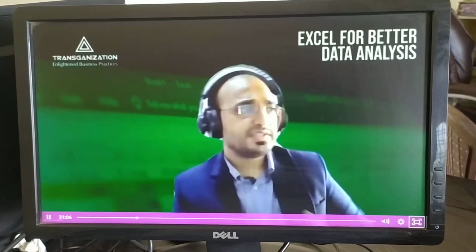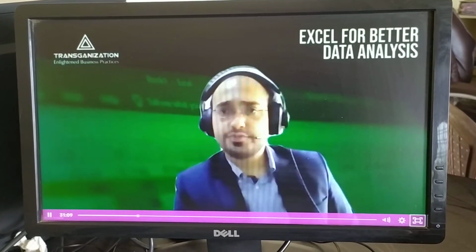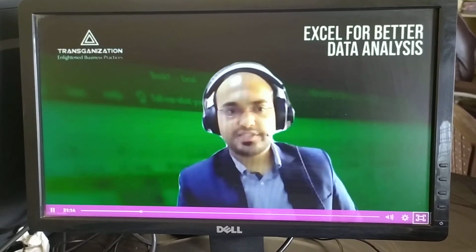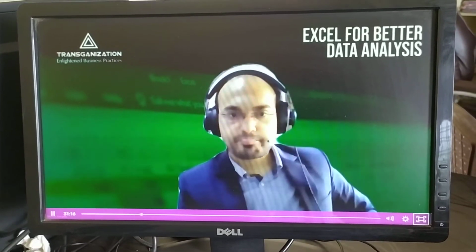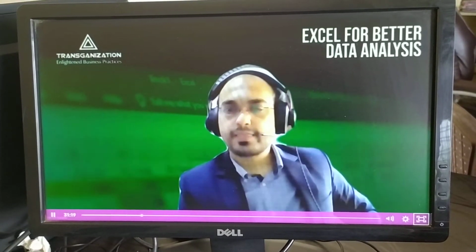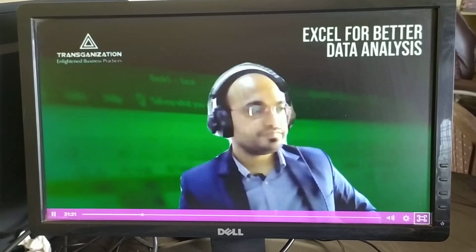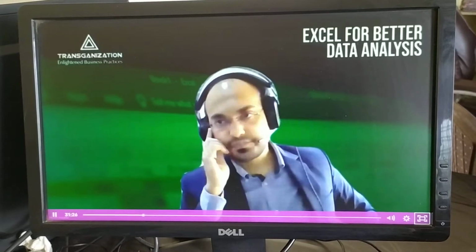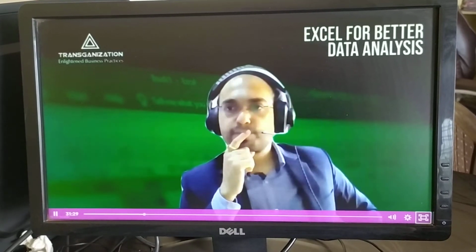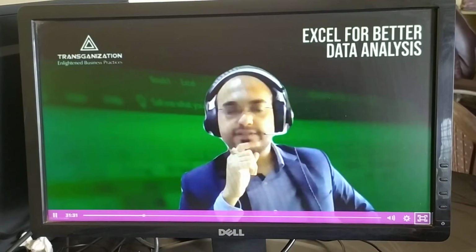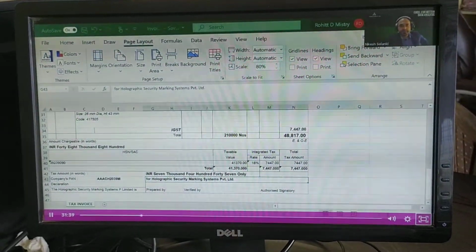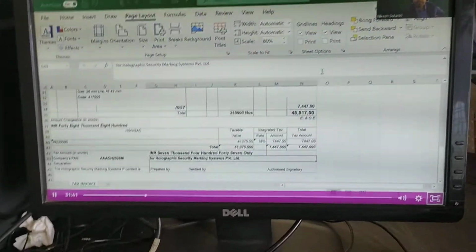I'll just give you the rights. By then, if there are any questions with regards to sorting, filtering, you can ask me. Rohit ji, there is an option at the bottom to share the screen. Right, there we are. I'm not able to see your screen. Oh, I'm sharing my screen. No, I'm not able to see it. You just have to click. Yeah, now it looks good. Perfect, you are sharing the screen.